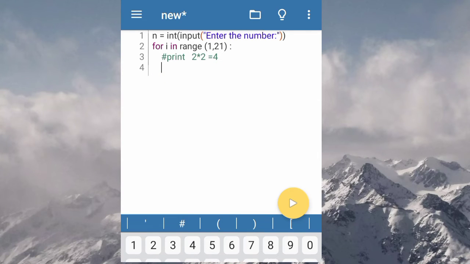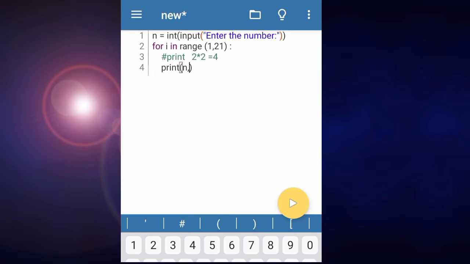Here we write print, in brackets, write the integer variable here, that is n, comma. After that, multiplication, we write multiplication in double quoted text with a star after it.